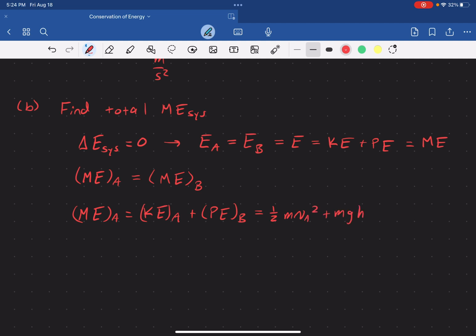If you'll recall, we determined that HA, our reference point, was 0. So our mechanical energy